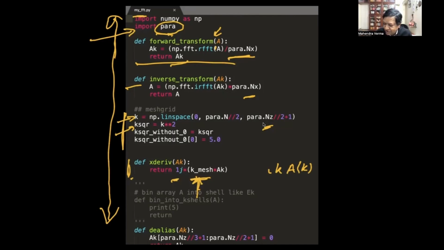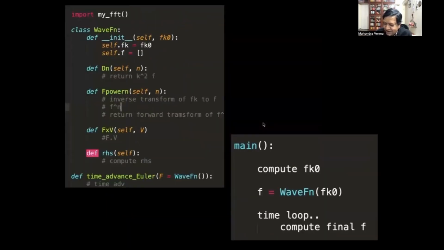All right. Now that I have my FFT all set, I can write the class. This is my spectral code. The design is very similar to finite difference, but we need these derivatives or Fourier transforms. So we basically work in wave number space. I have 2 arrays, Fk and F. Fk means it's in Fourier space, and self.f is in real space.